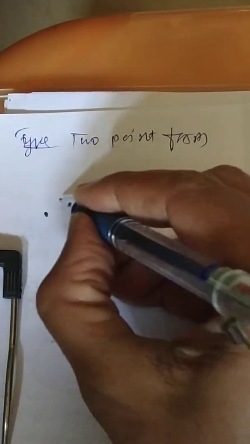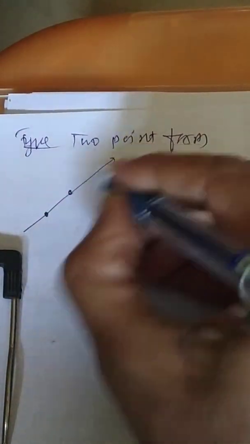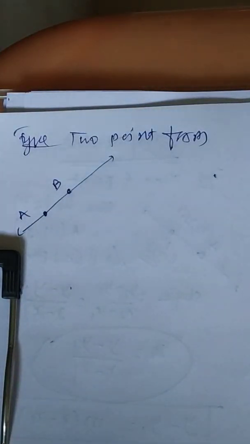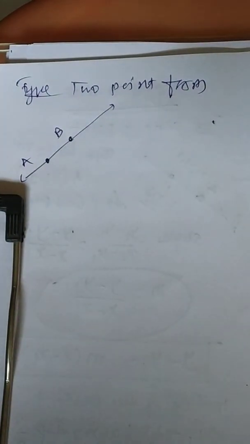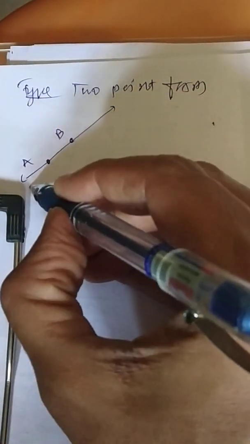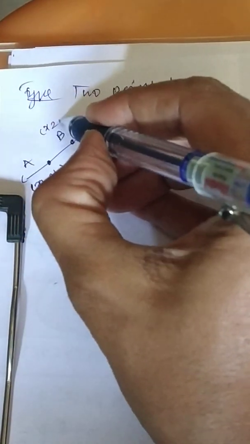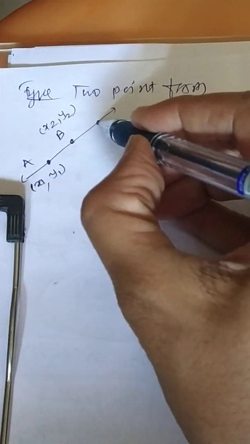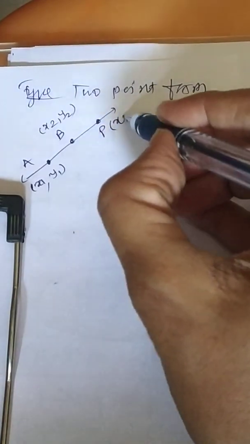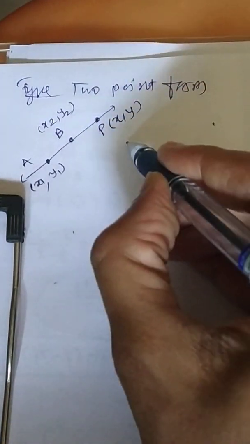So two points on the line are known to you. Let us consider A and B are the two points. Now shall we talk about slope in this case? No, because two points determine a single line. So the point A, I just take as (x1, y1). Point B, you can take as (x2, y2). As previously we have taken the general point as (x, y), I think you are well familiar.